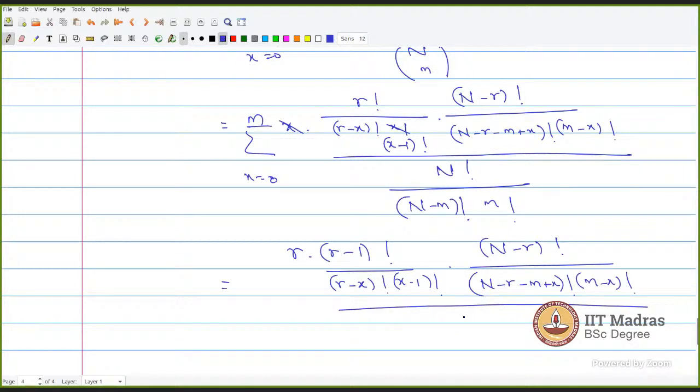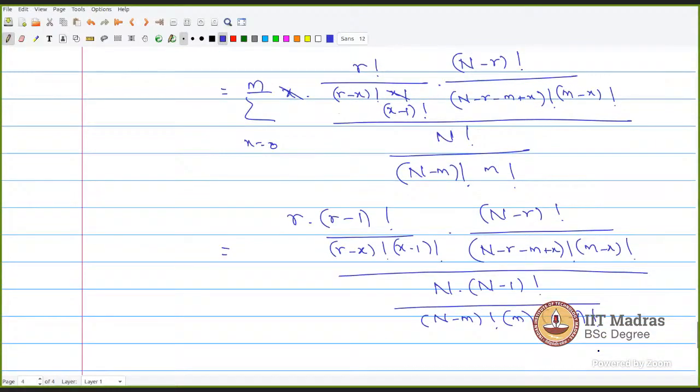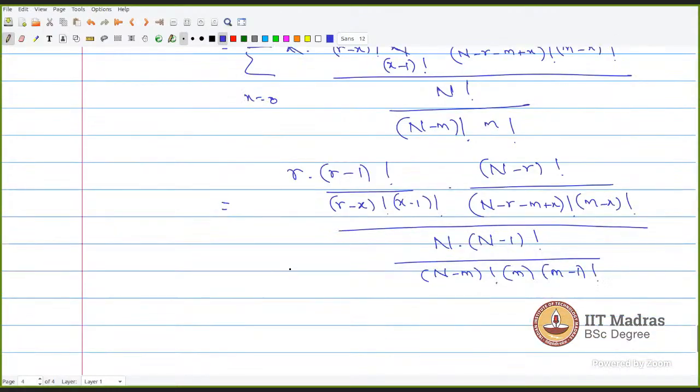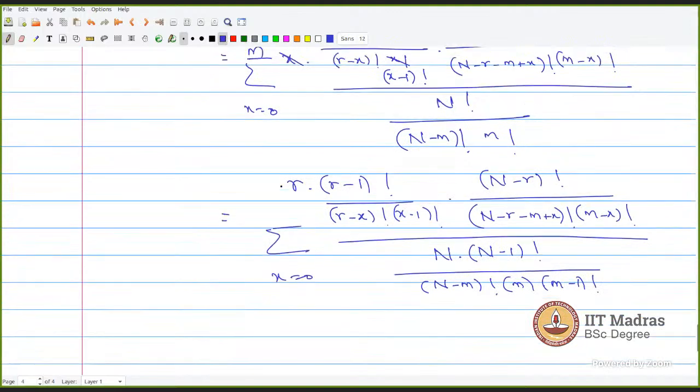divided by, now you see I will write this n factorial as n into (n minus 1) factorial, and I will write this m factorial as m times (m minus 1) factorial. Why I am writing this, you will get to know in a minute. This will be summation till